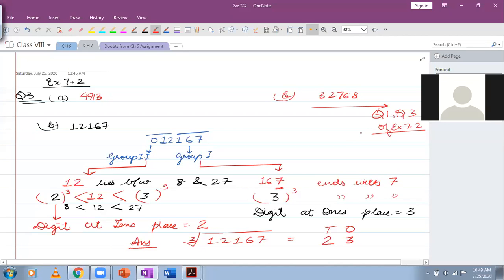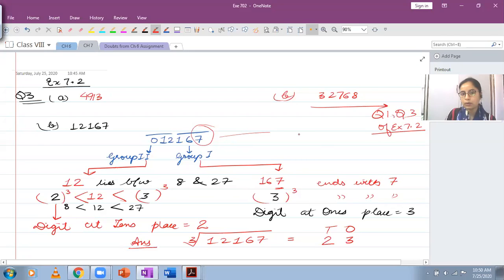Ma'am, can you explain how you solve the group 1? 167. बेटा जब आपका फर्स्ट ग्रुप बनेगा, we are not concerned with all the values. We are only concerned कि ये जो value है कहाँ पे finish हो रही है. So if we just look at the number itself, this number ends with 7. Right? कि आपका number खत्म कहाँ पे हो रहा है. तो आपके पास कौन सा ऐसा number होगा जिसका cube 7 पे finish होगा.